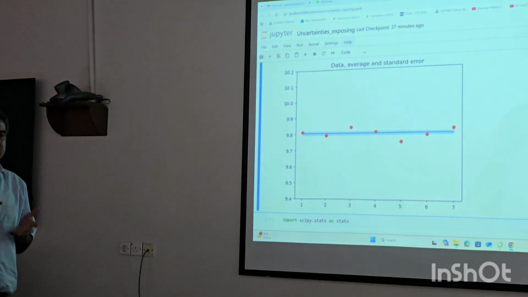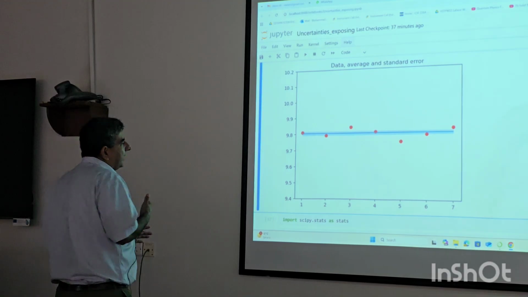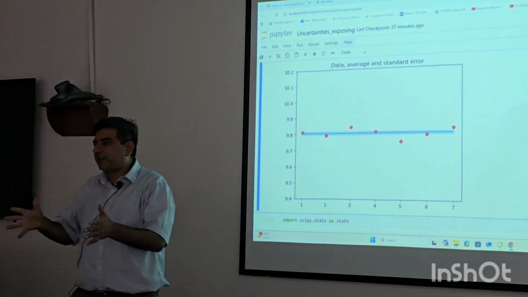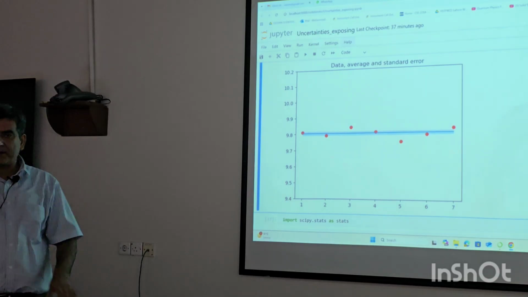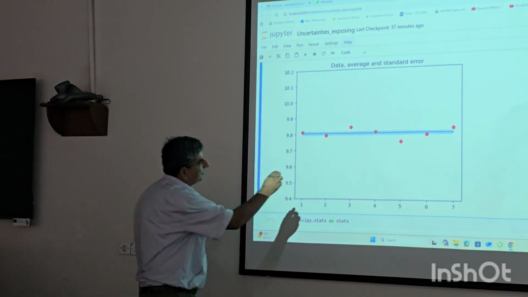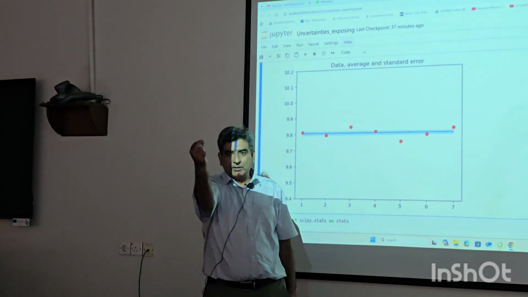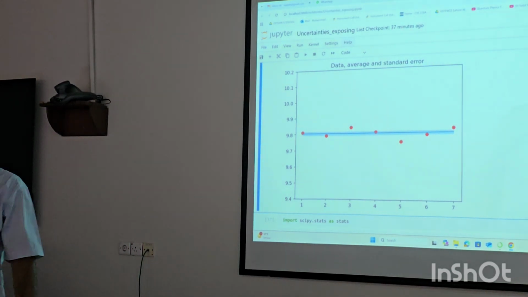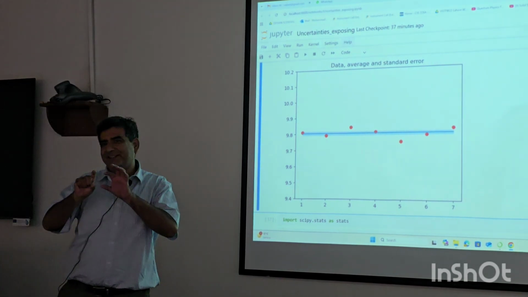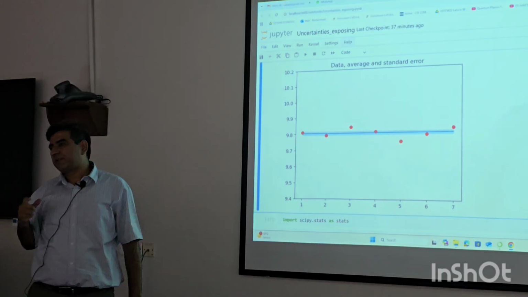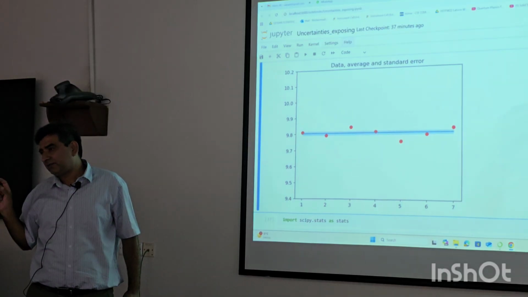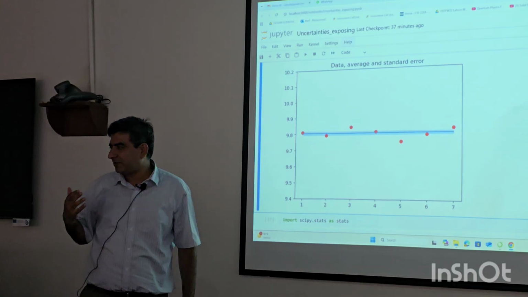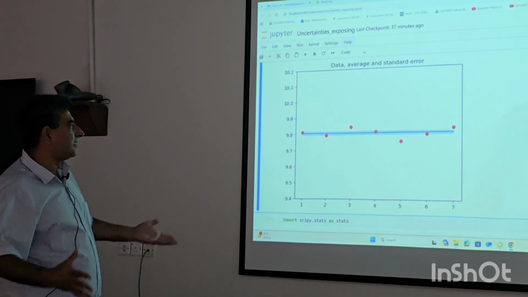The standard deviation is something that, if you pick a particular point, any point from this data, the probability for a large data set that the one point you picked lies within this standard deviation band is about 68%. Okay, so this is how we define the standard deviation. But of course, if you look at this standard deviation,